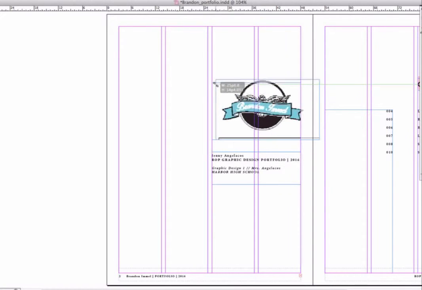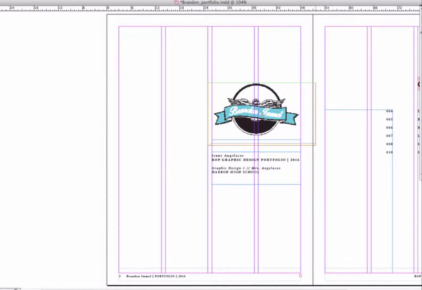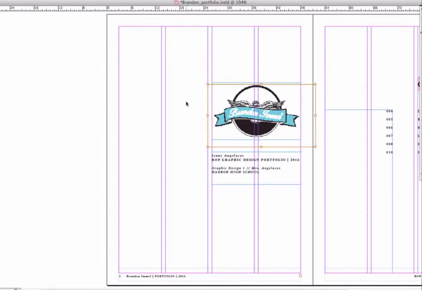So now I can come in here and change this, move it around, and get it so that I'm not seeing a black line. If I click on the blue box and not the circle, then it changes how much space this could take up. So it's the frame basically for your image. If I change that,